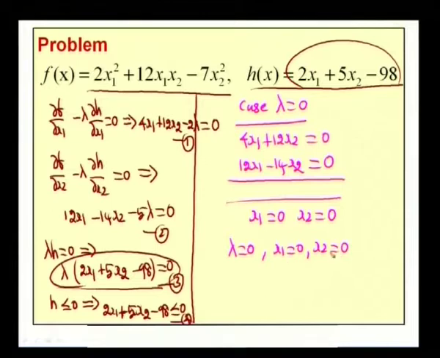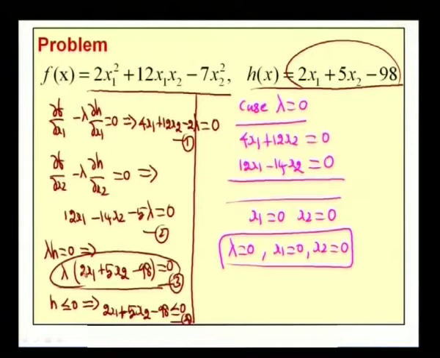With this value of x1 and x2, equation 4 is satisfied. If we put x1 equal to 0 and x2 equal to 0, the equation becomes minus 98 less than 0. Therefore, this is one of the possible solutions of the given nonlinear programming problem. Next, we will consider the other case. From equation 3, we have either lambda equal to 0 or this equation is 0. For the case of lambda equal to 0, we obtain the solution x1 is 0, x2 is 0.